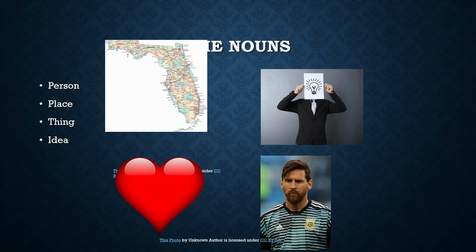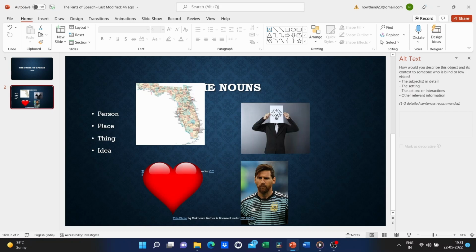So far, I think it looks great, but it's got some issues. The main thing for me is how I display these pictures in a way that's not so cluttered and makes more sense with the text on the screen. So I'm gonna get out of my presentation mode by tapping escape on the keyboard in the upper left corner. That gets me out and back into editing mode. Here in editing mode, let's see what I can do.